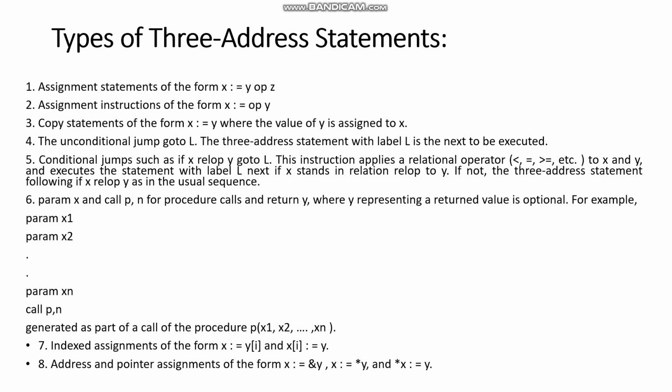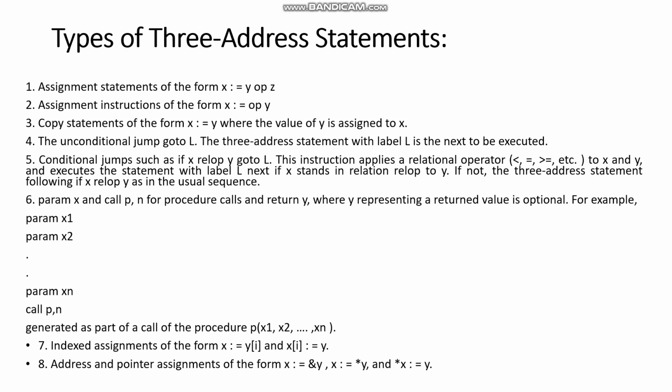So next, param x and call p, n for procedure calls, and return y, where y representing a return value is optional. For example, I'm calling procedure p with respect to n number of parameters x1, x2, dot, till xn. The next, indexed assignment of the form x = y[i] and x[i]